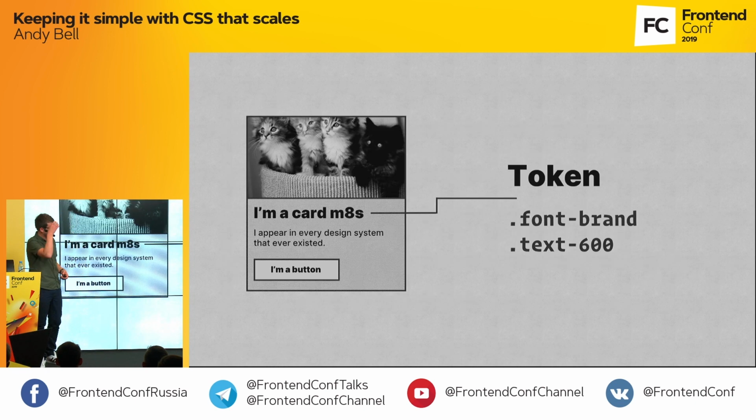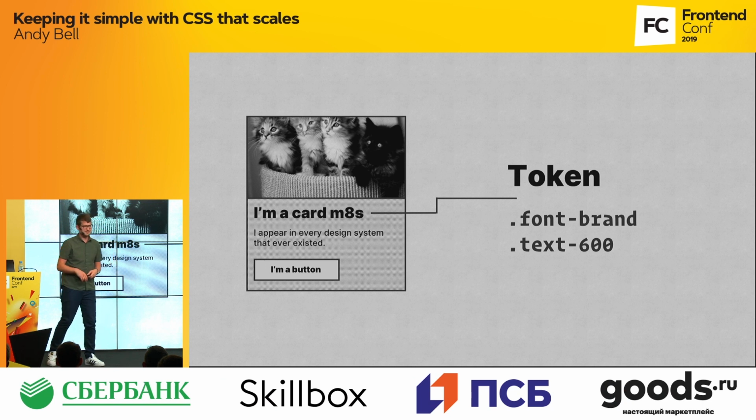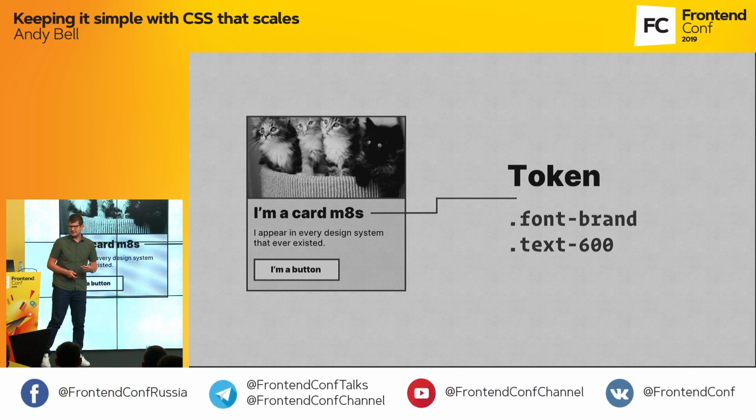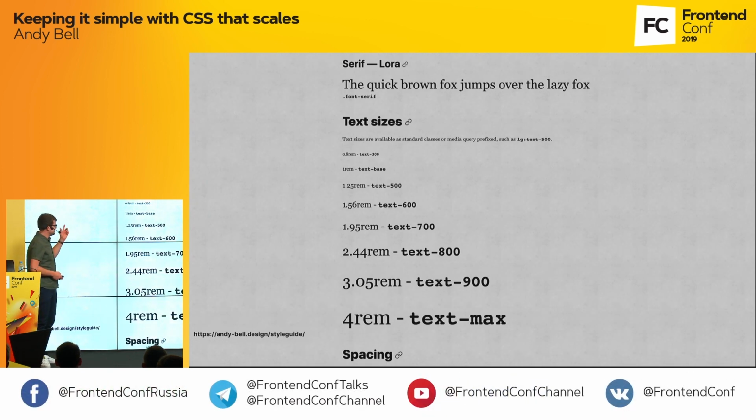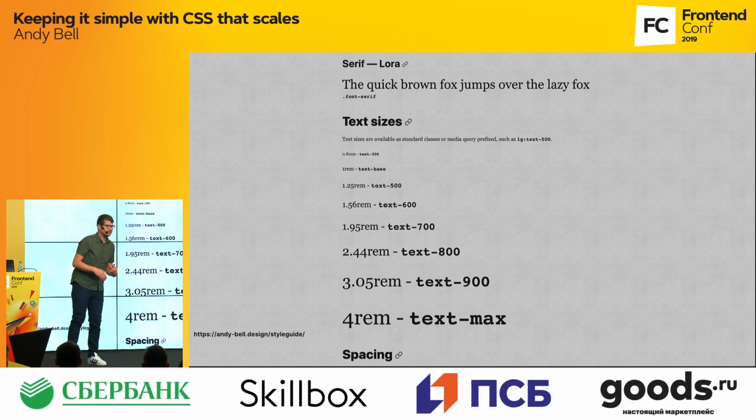So again, back on that token, that font brand is decided way away from our CSS, but then this utility class is generated to be part of our CSS based on that token value. And I'll show you the sizing scale. So this is off my site. You can see I use a major third sizing scale, which gives us this lovely curve between text sizes. And this gives us natural vertical rhythm between elements.